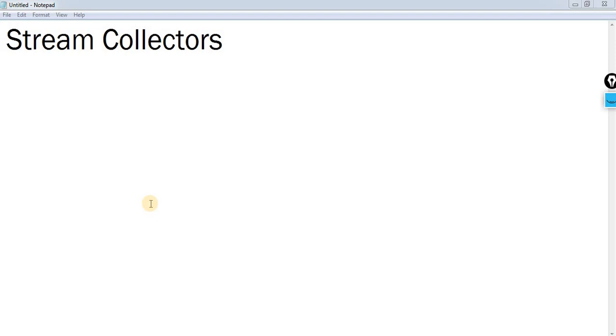Hello guys, in this session we are going to discuss stream collectors related to the toList and toSet methods. But before going to the API part related to the Collectors class, we should first understand why we are going to use stream collectors. So the first point related to stream collectors is that stream collectors are basically used to perform the terminal